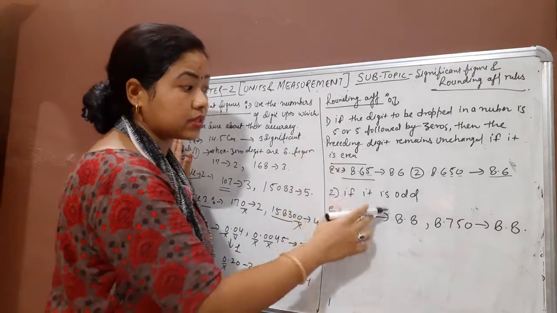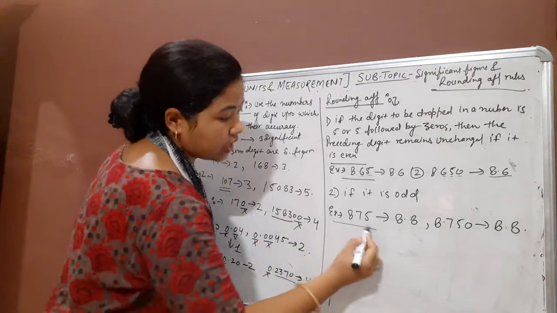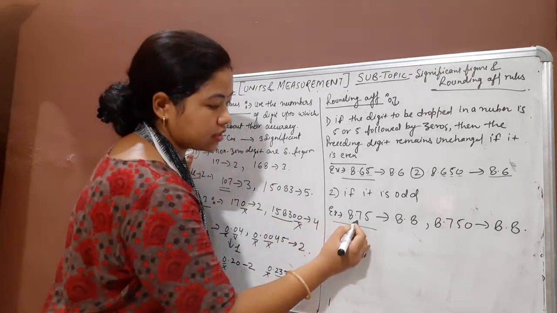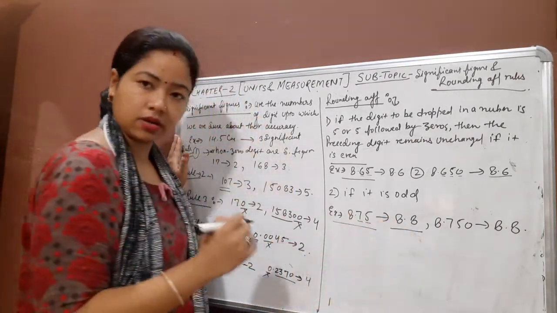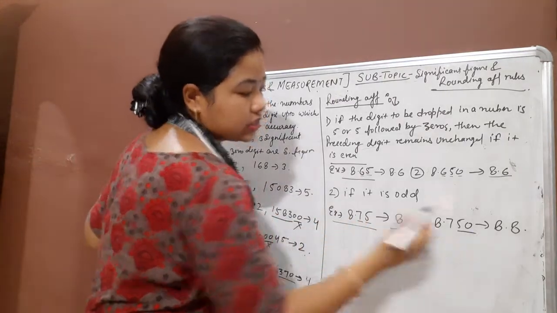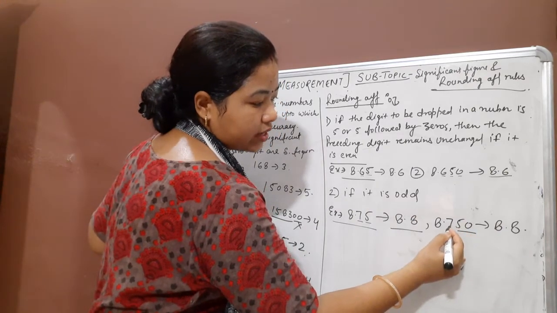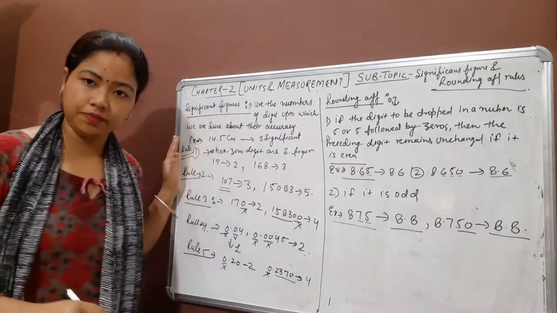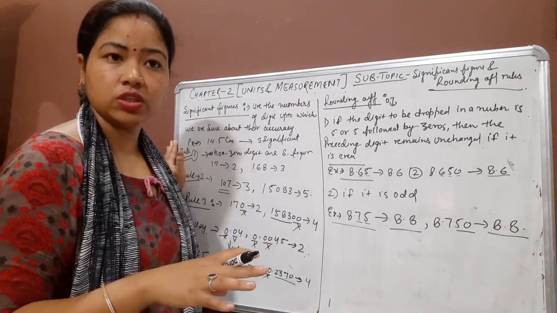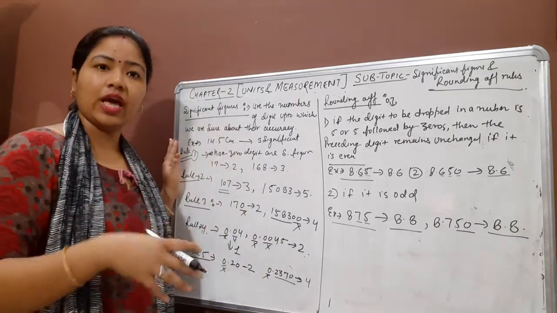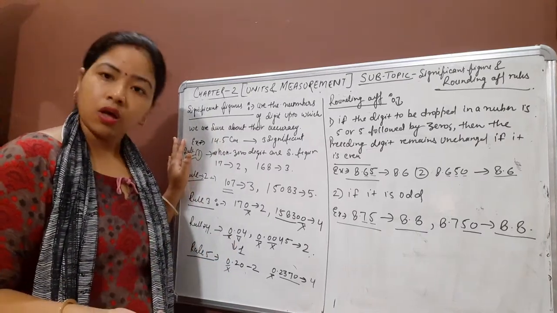But if the preceding digit is odd, for example if you have 8.75, the preceding digit is 7, an odd number, and at the end we have 5, so the rounded value is 8.8, right? And if 5 is followed by 0 also, so we have 8.750, this 7 will be raised by 1, and we will have 8.8. So these 2 rules are new for class 11th also. You have to recall these rules whenever you are rounding off the numbers while doing operations of multiplication and division or addition and subtraction, right?